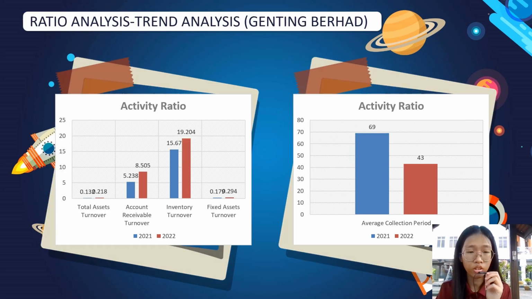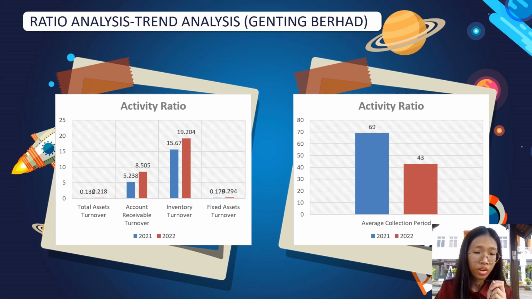Next, we continue with the activity ratio. The activity ratio of Genting Berhad shows that year 2022 was higher than year 2021. First, the total asset turnover showed that year 2022, with 0.218, was more efficient in employing assets to generate income. Next, the account receivable turnover in year 2022, with 8.505, was more efficient to recover the account receivable